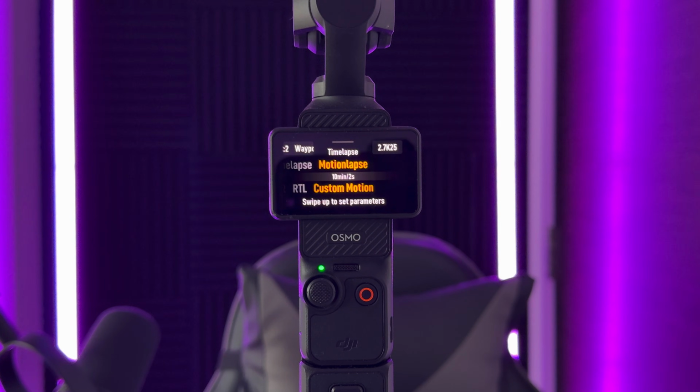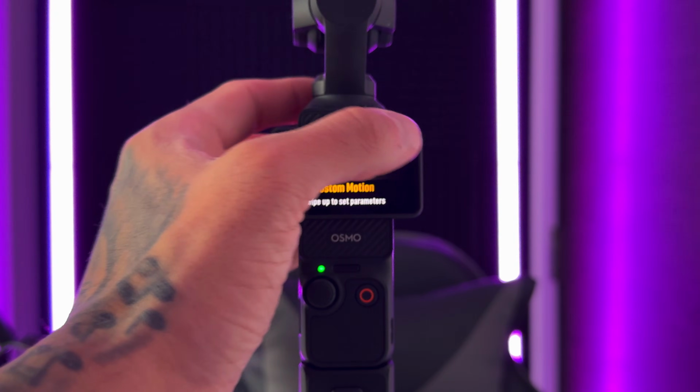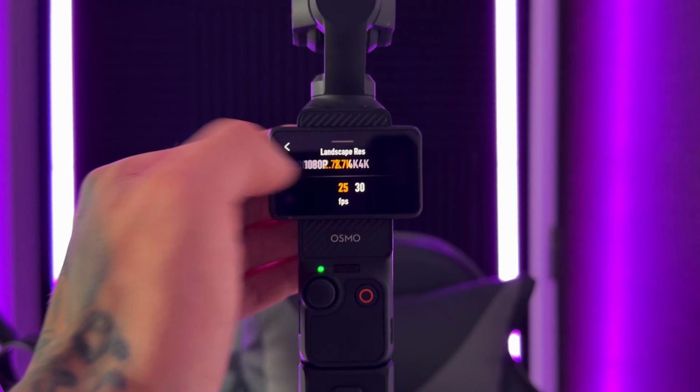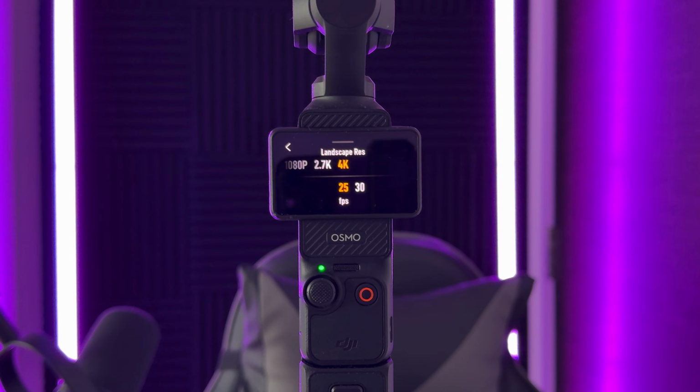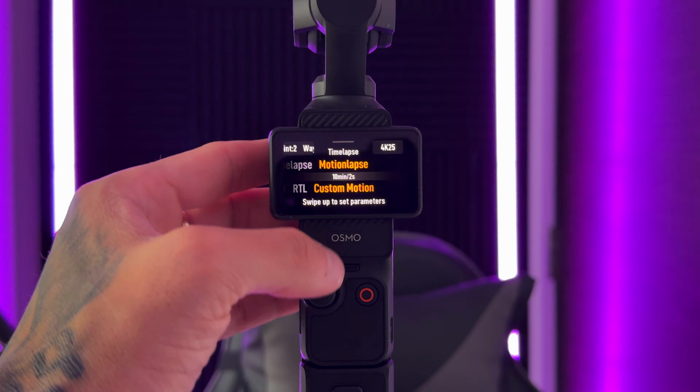And then in the top right, you've got your resolution and frame rate. So whack it all the way up to 4K because you want the best quality, and choose your frame rate from 25 or 30. I am going to keep it at 25 today. Go back, and then if you swipe up again,